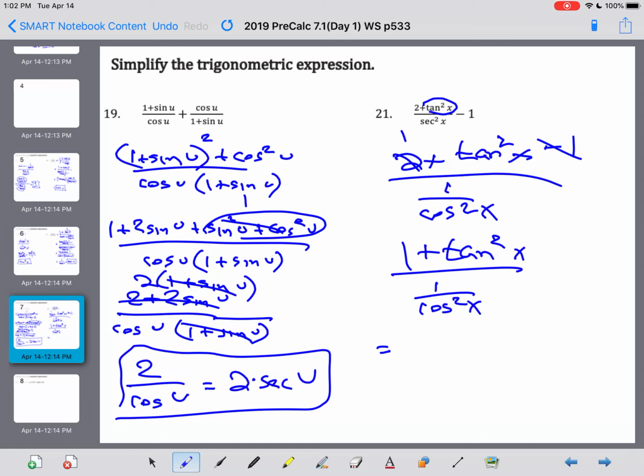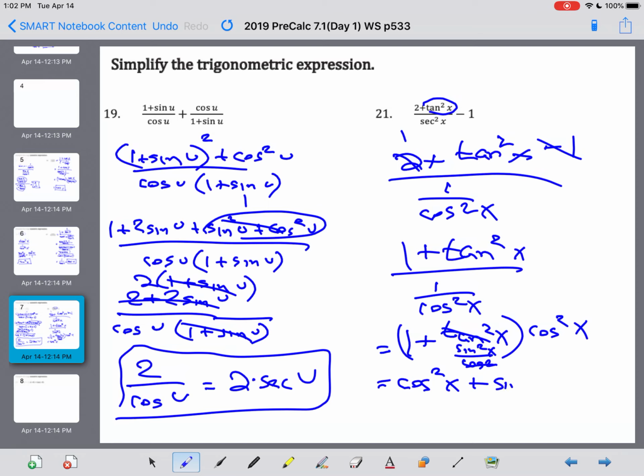If I go ahead and take my 1 plus tangent squared x multiplied by the reciprocal of the denominator, I get cosine squared x. Remember, tangent is sine squared over cosine squared, so these cosines cancel, so I get plus sine squared x, which ends up equaling